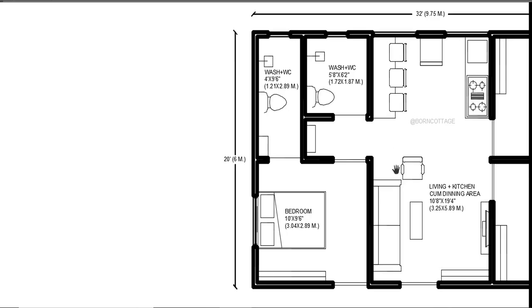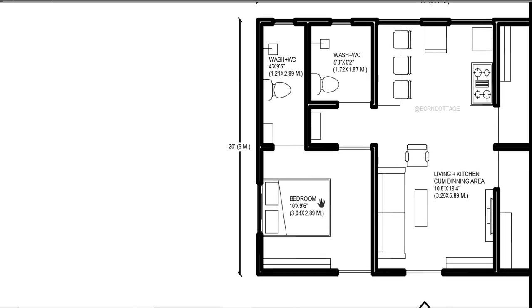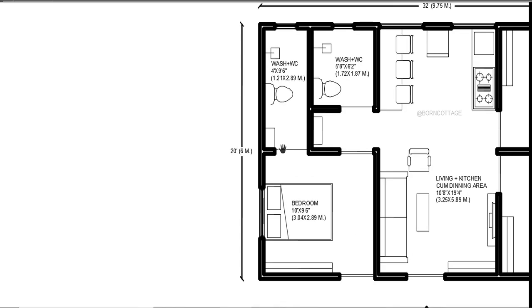light purpose. On the left side of the house we have a bedroom here. You can see here the bed arrangement, wardrobe arrangement and a large size window for ventilation and light purpose. And we have a door here for air entrance and attached washroom plus water closet with this room. You can see here the wash basin, water closet and the shower area, and we have ventilator for ventilation of